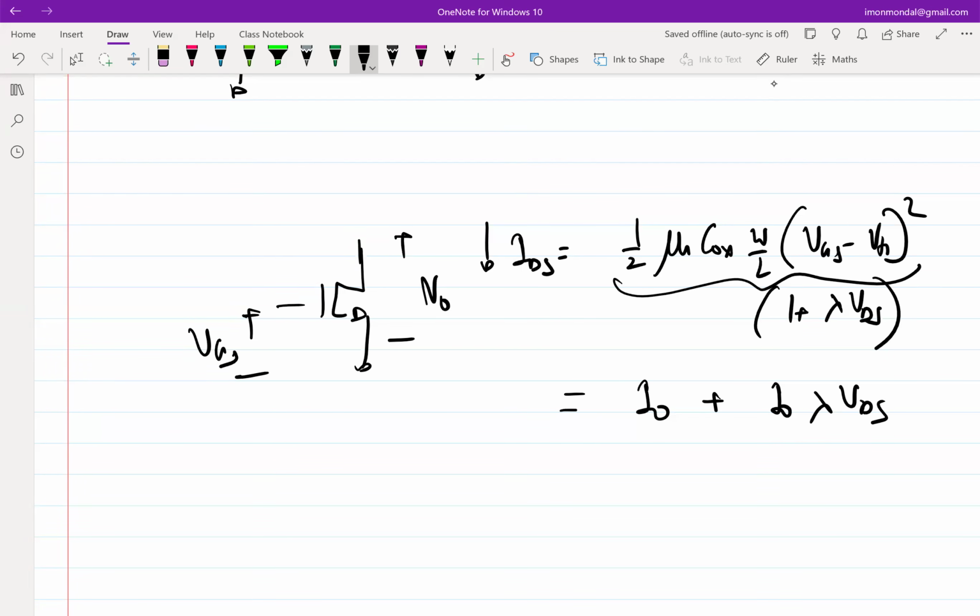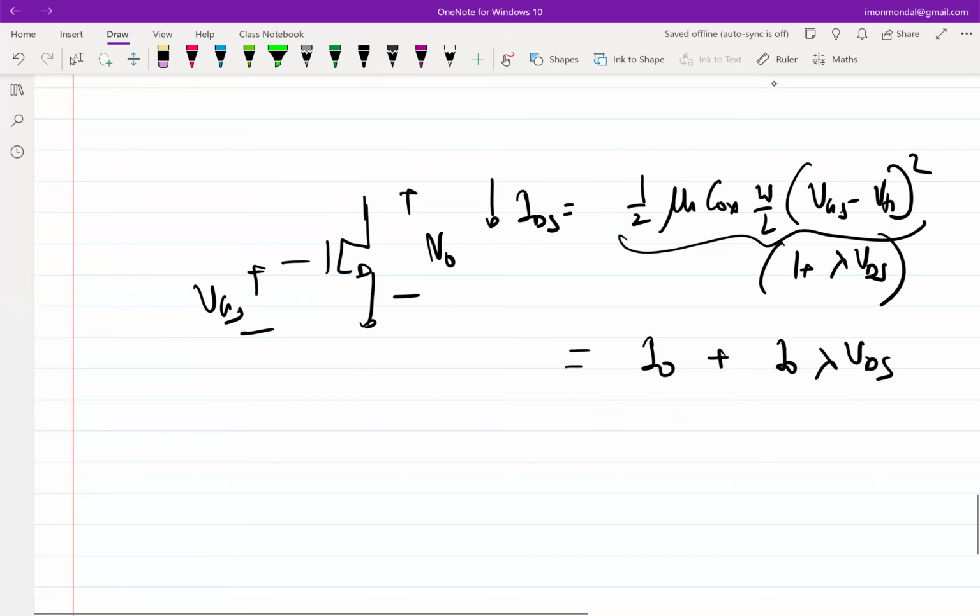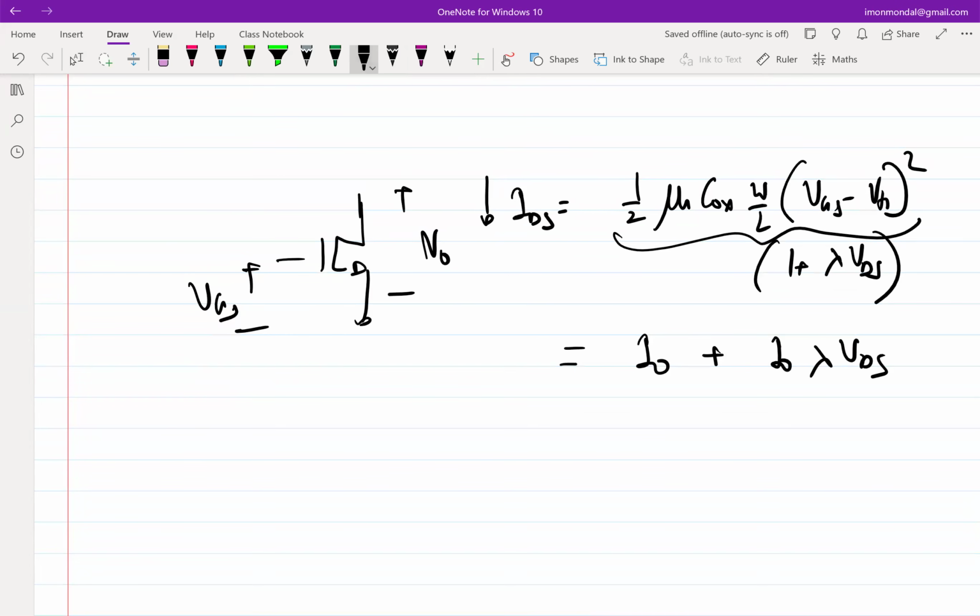Okay, and lambda I0, is that correct? Yeah, this is fine. And if you recall, what was the expression of GDS? Lambda I0. So essentially, this is equal to I0 plus GDS into VDS,